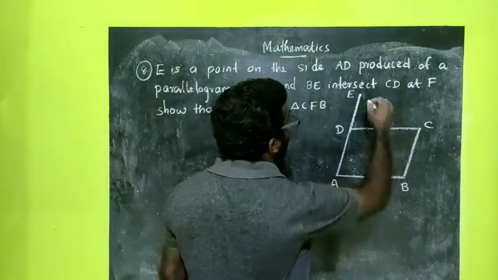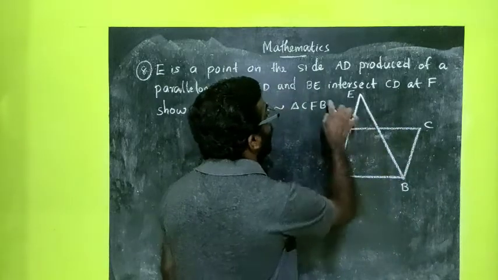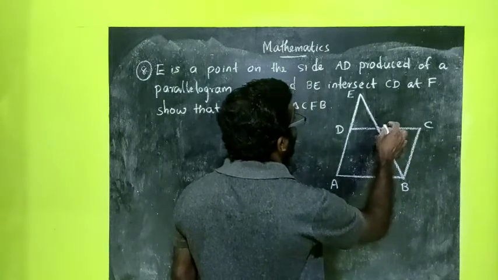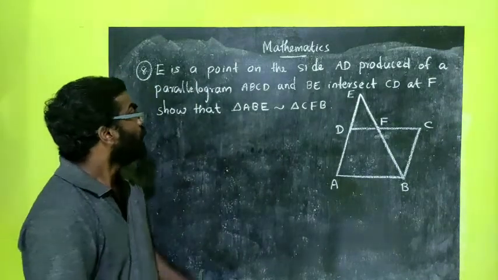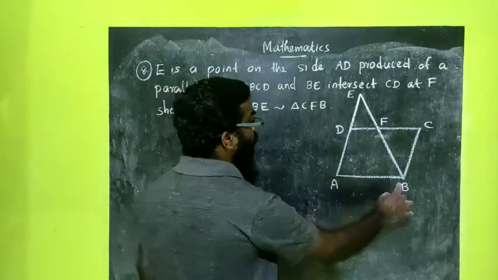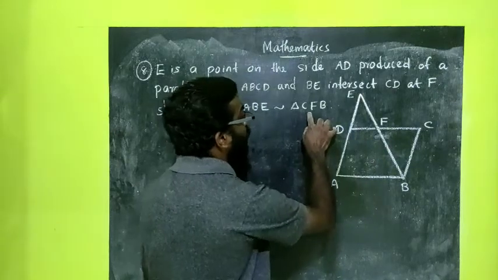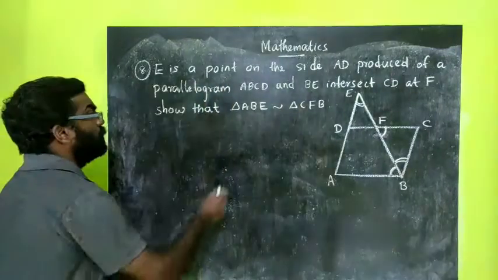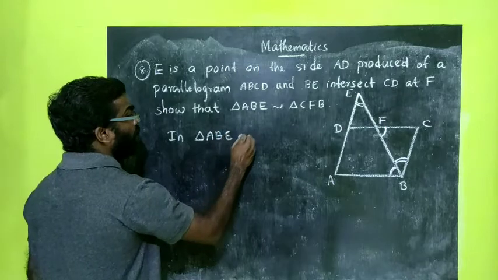So we have to join B and E. So this BE, the line BE intersects CD, this one CD at F. So this point will be F. Okay, this is the figure. Now we have to prove triangle ABE, this triangle ABE is similar to CFB, CFB, this one. Okay, so consider triangle ABE and triangle